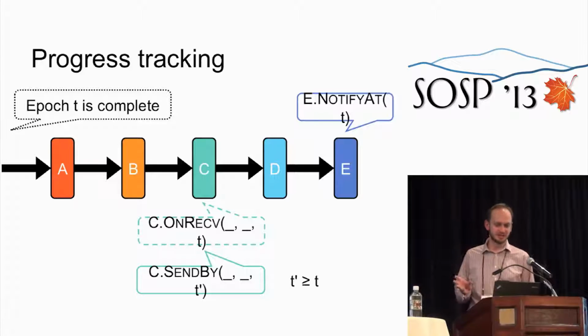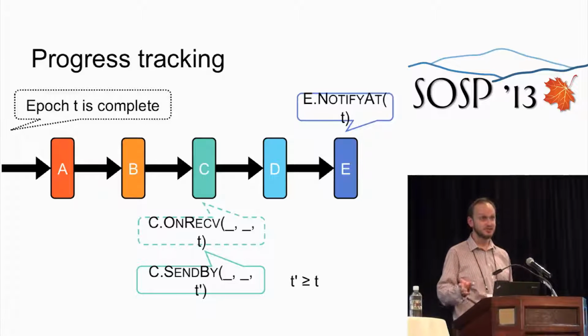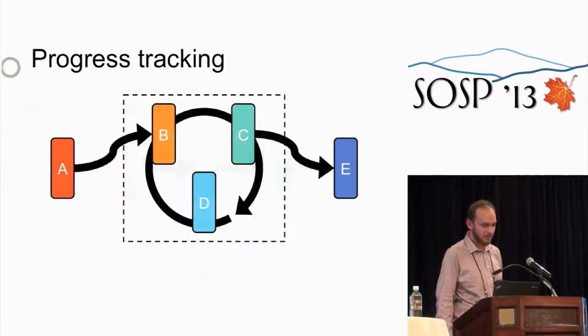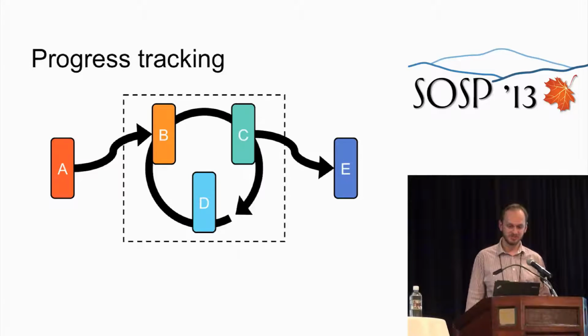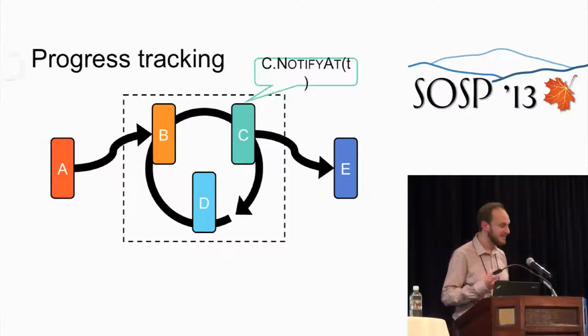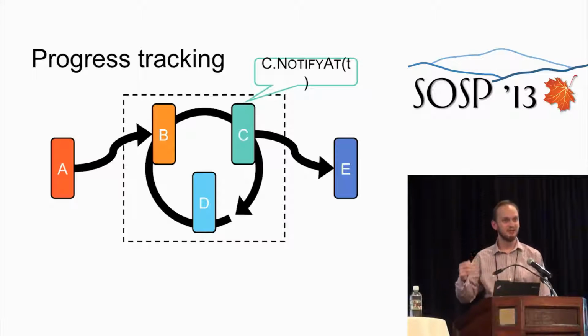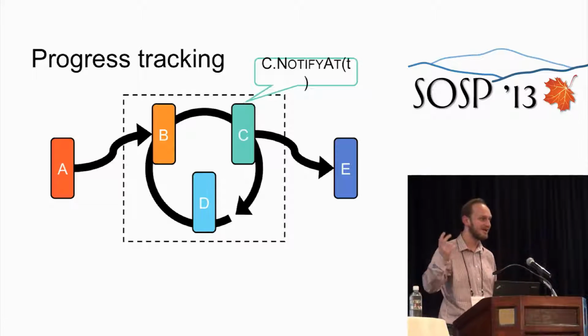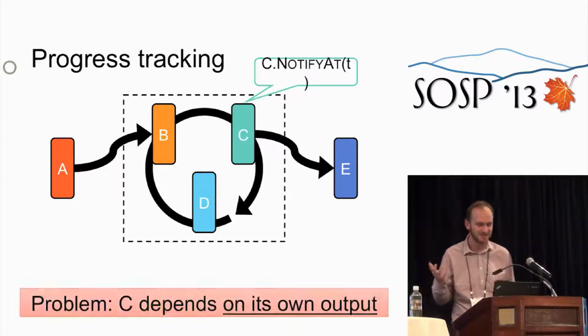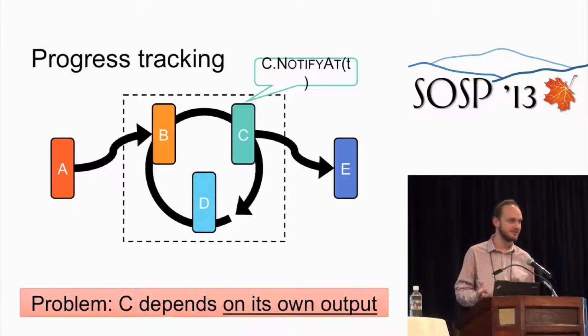So given just these constraints, we could use existing techniques like virtual time, or like punctuations in stream processing systems, to fire these notifications. But a problem arises when we come to deal with loops. We could have a vertex C that requests a notification, but logically, given the constraints I explained, this notification can never fire. When that callback would run, C would be able to send messages at time t that would have to be delivered before the callback ran. And that's a contradiction. C depends on its own output, and we have a cyclic dependency that we need to resolve.